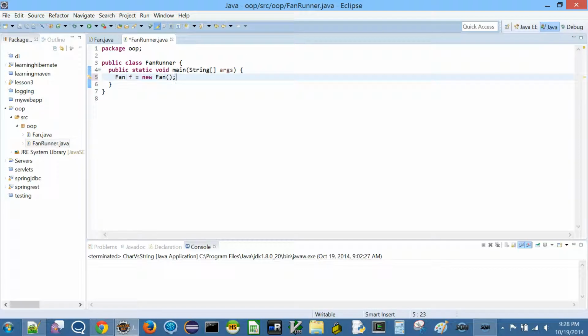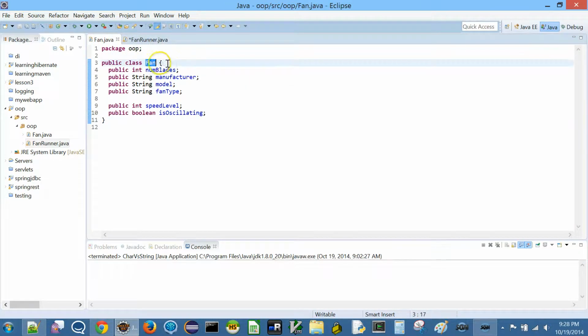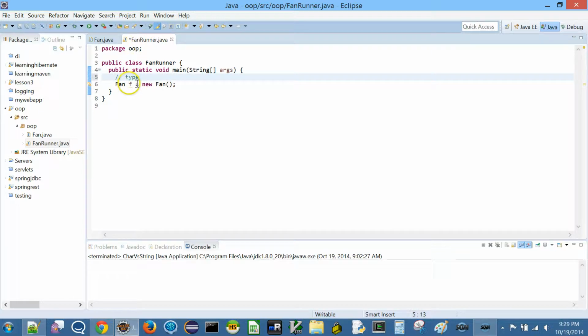Now I said this is a reference. So what do I mean by that? Whenever I'm creating something like this, the syntax is: first the type, which is Fan. Any class is a valid type, so Fan here is a valid type for our variable.